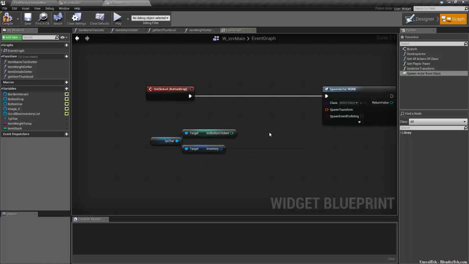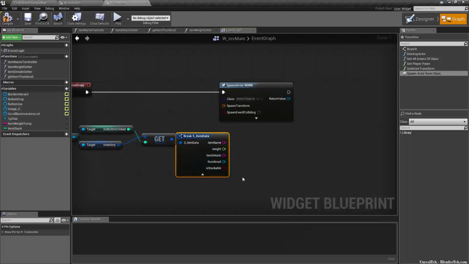If you haven't realized that by now, that's how you figure out what button is being clicked on in the inventory. So what we want to do is do a getter. So we get off of the array. And the index we want to get is the button that we currently have selected, so the item we currently have selected. Then we want to break that struct,